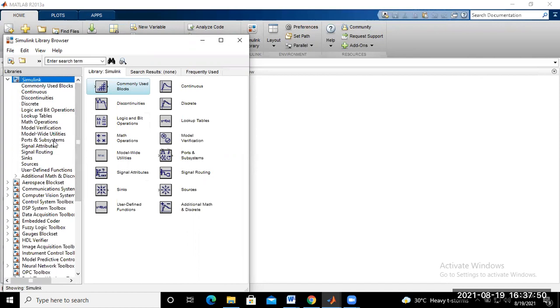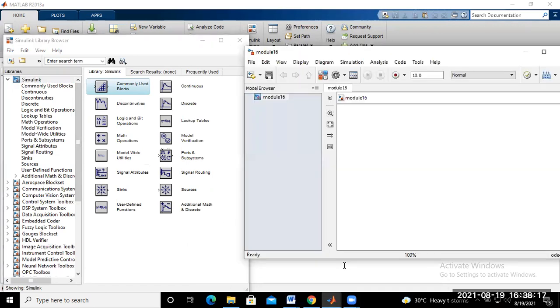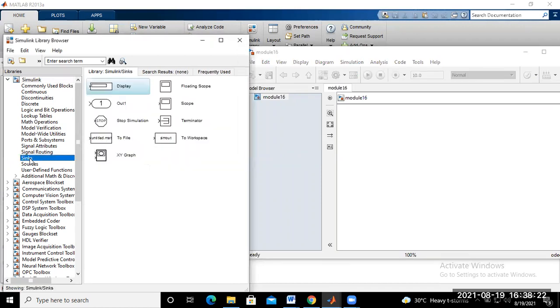This is the Simulink library, where we can find various types of blocks, power electronic switches, and electrical elements. First of all, go to the Sinks. There you can find the scope. Just click on that one and add it to model number 16.